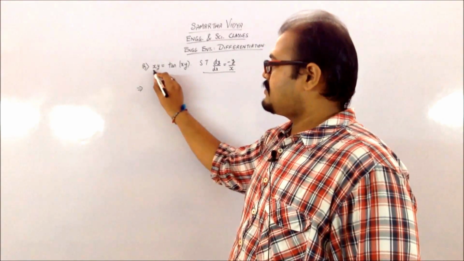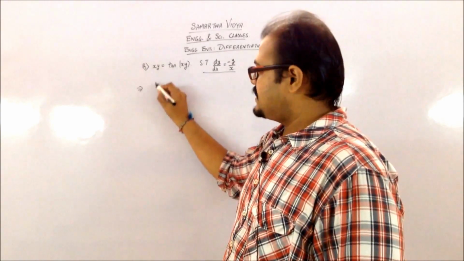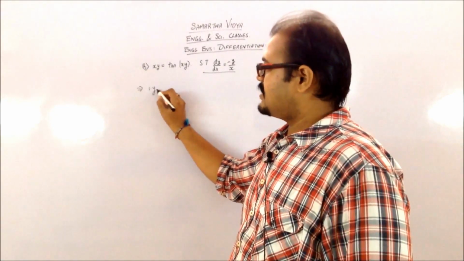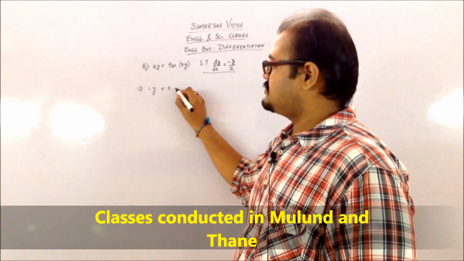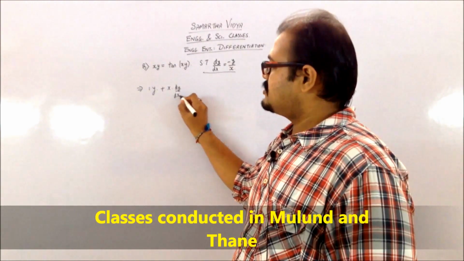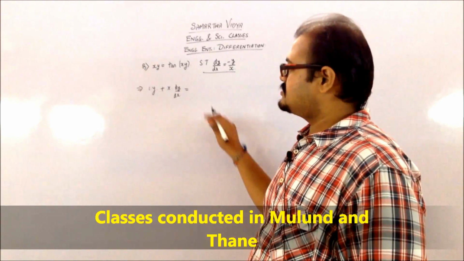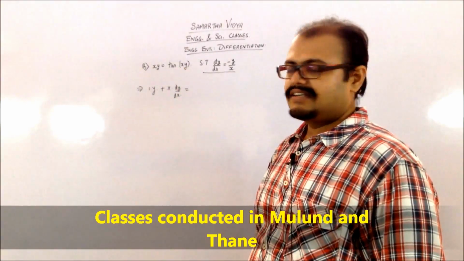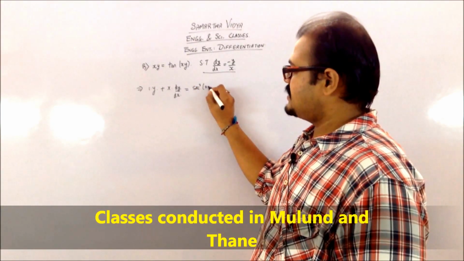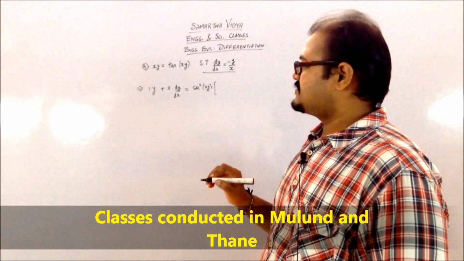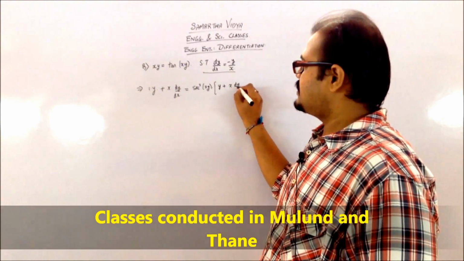So it's going to be the derivative of x into y. It's the UV rule which is to be applied over there. So it's going to be the derivative of x, which is 1, into y, plus the derivative of y into x. So x into the derivative of y is going to be dy by dx, because you are taking the derivative with respect to x. This is equal to tan of xy. So the derivative of tan is going to be sec square of xy into the derivative of xy, which is the same thing, that is y plus x dy by dx.